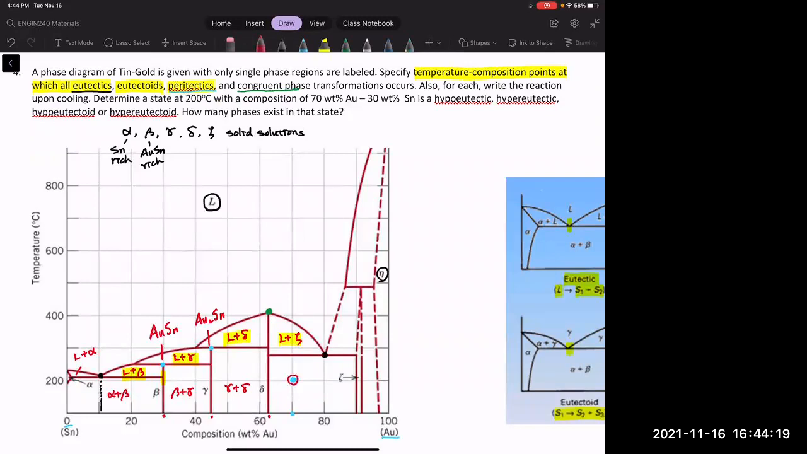That'd be the eta plus the delta. Yeah, it's the delta plus the eta here. Okay, so you can see this line here, and this is the composition on the right hand side. So it's the two solid solution of the delta plus the eta. So there's two phases. Now this is a eutectic,